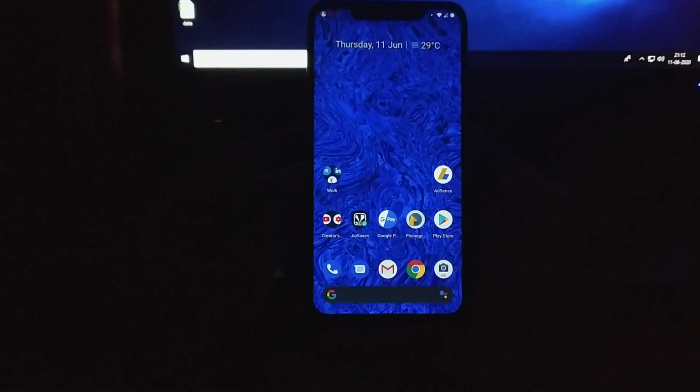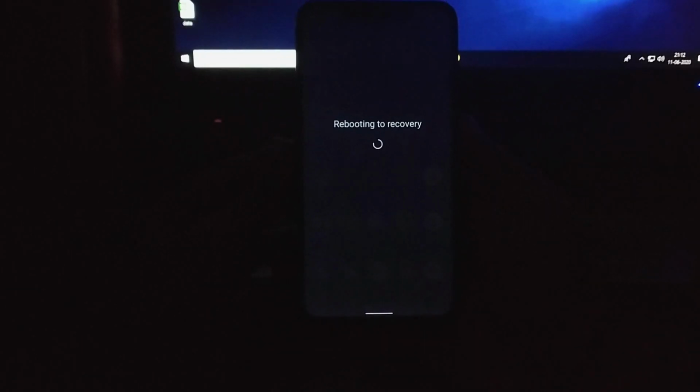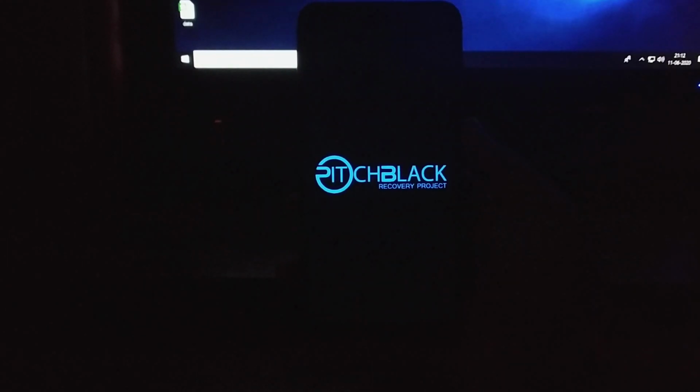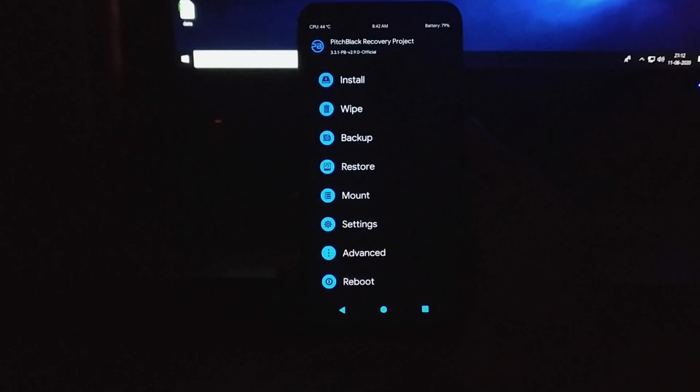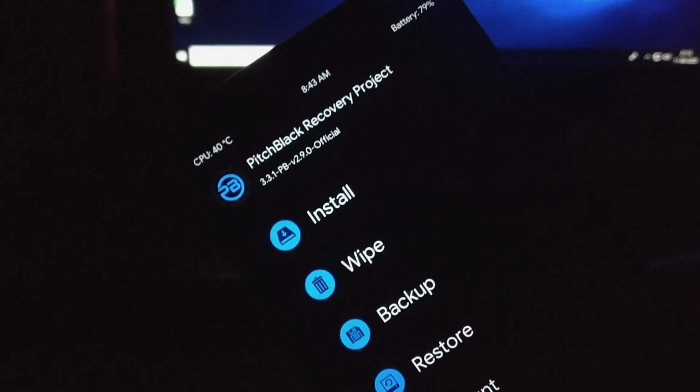Now moving further, once you download the file, please boot your phone into the recovery. The required recovery for this is the TWRP recovery, but as you can see, I am on the PitchBlack recovery, as I have been using it for a long time, and here I am showing how to update this recovery, but it also applies if you want to install this recovery on TWRP itself.